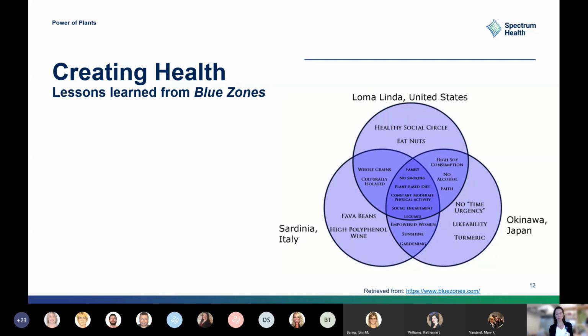I also love one of the commonalities being legumes are included in these diets around the world. So while the taste and spices may change as you move around the globe to these different blue zone communities, beans and legumes are always included in this very plant-based or plant-forward diet. And then, getting outside, enjoying the sunshine, and a day like today, at least in West Michigan, is a great